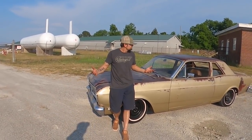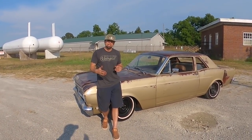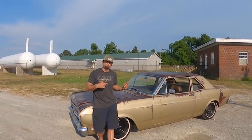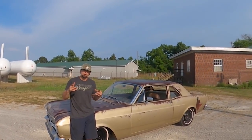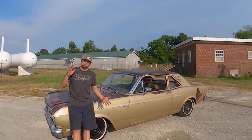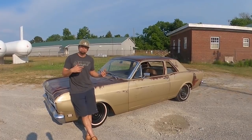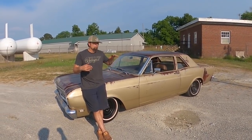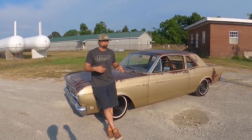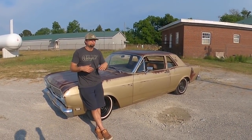So this is her. Remember how we pulled it? You guys loved it. I grabbed it again. We did a part 2 on it. I know you guys in Australia love these things, and this one goes out to you guys because you gave me nothing but great compliments on this car. So, 69 Ford Falcon. We dropped her down 2 inches in the back, about 1.5 inches in the front,